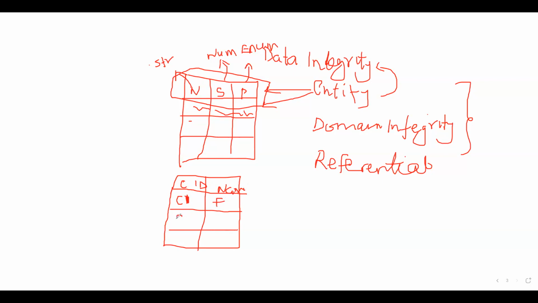Your ID is C2. Chidi, your ID is C3. Right. But this is the order table. In this table, this is called the primary key. I'll put it by the side. We'll call it PK, primary key. But when your data comes in here,